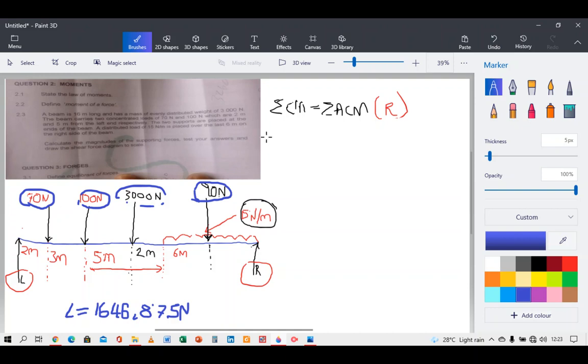So it is 90 plus 3000 plus 100, I'm sorry because my mouse is not working very well, and 70